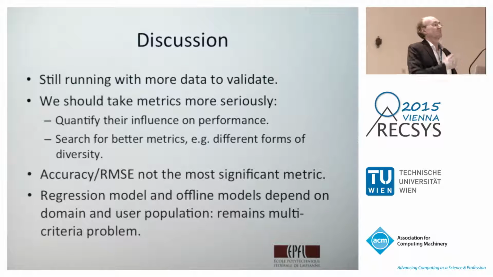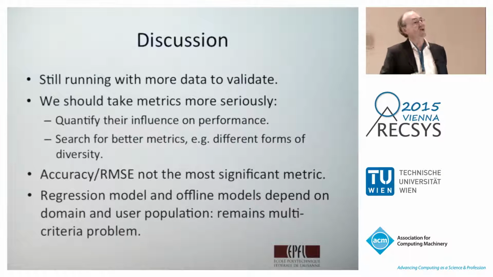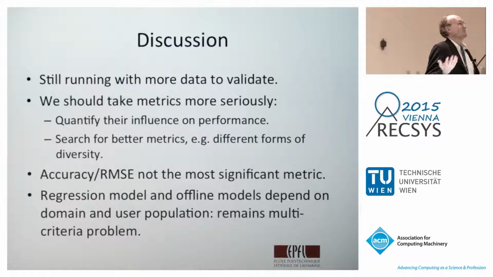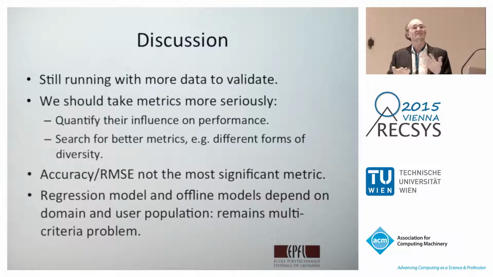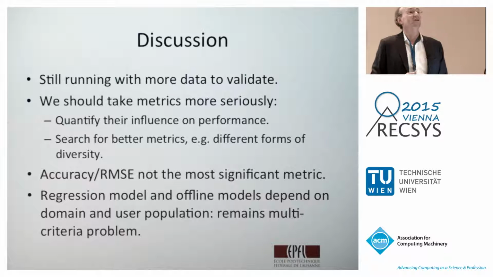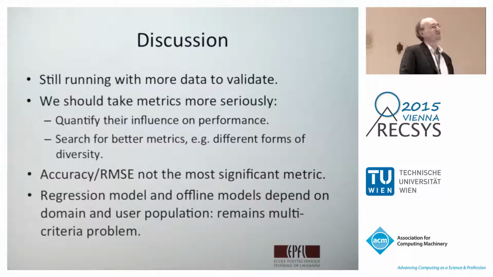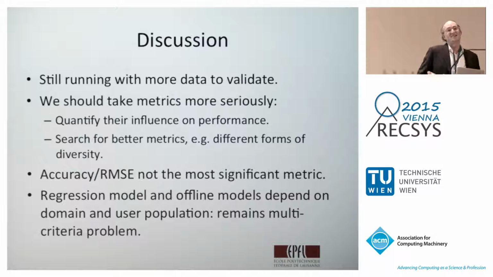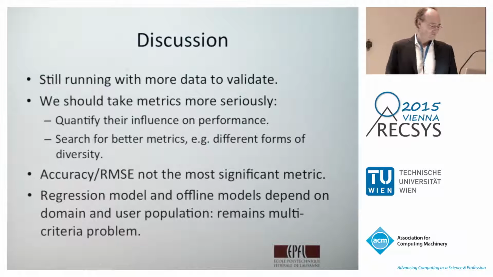And again, this is maybe a research topic for people in industry who have access to this data. It would open up to the academic community the possibility of optimizing algorithms for something other than accuracy, maybe taking into account this trade-off between diversity and accuracy. I think there's a whole space of research here that hasn't really been explored, because people never looked at this quantitatively. We always just say, yeah, more diversity is great, but how much more diversity should we trade off against how much accuracy, right?